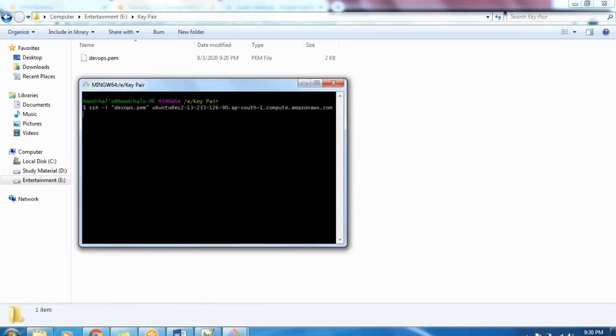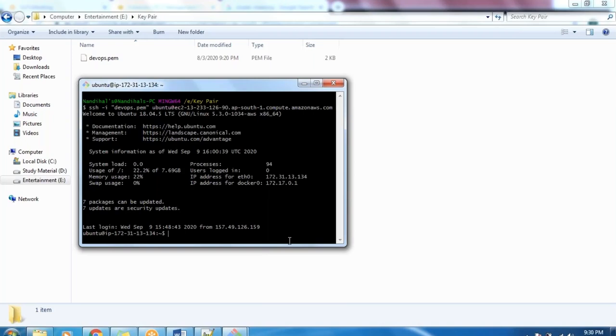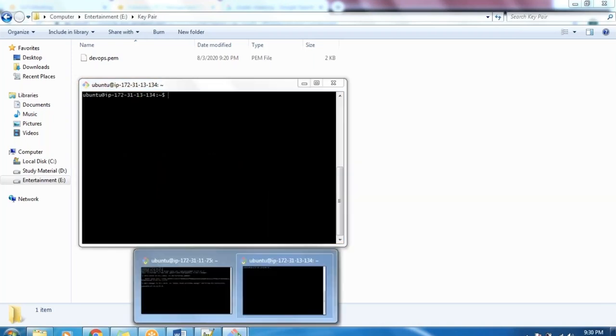It has given one token, guys. We need to execute that token here. Okay, so before I execute that token,